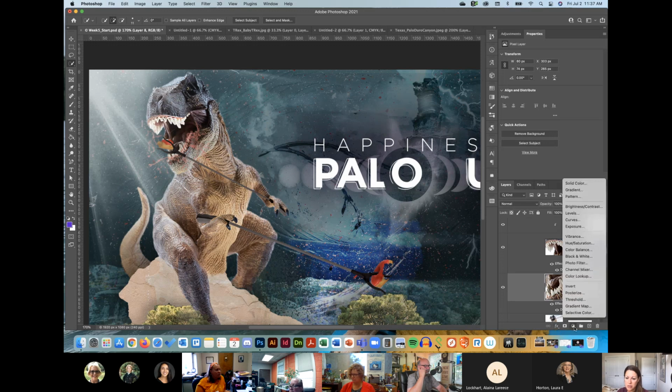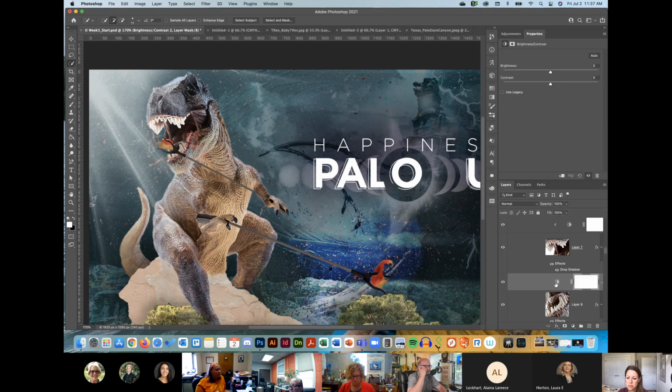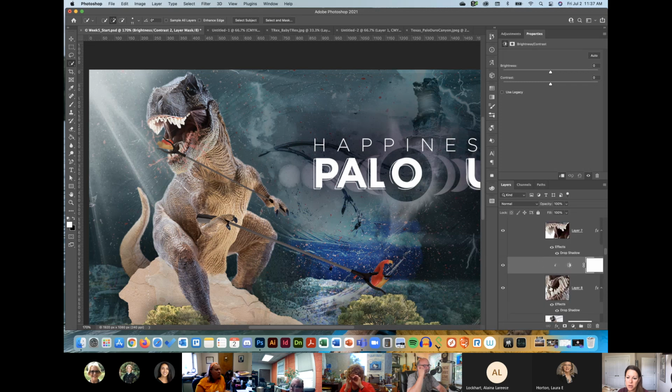We find our adjustment layers. We'll do brightness contrast here. Now we need to make sure that we clip this so that it just works off of this layer. Otherwise, it's going to work off all the layers below it. We're just worried about those bottom teeth. If you hold down Option, it'll show you that box with the arrow, or whenever you have added a layer adjustment, it opens up properties up here, and there's also this icon. If you click it, you'll notice that the arrow is saying I'm going to clip it inside of the